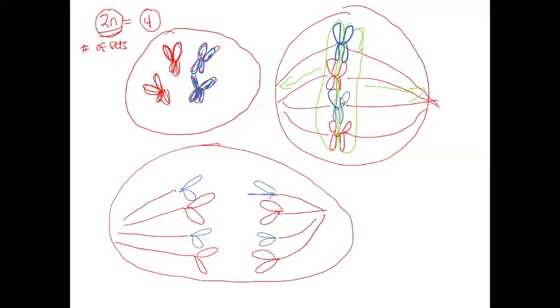Okay, so they will be pulled to their respective poles, and at this stage, these structures are now called single chromosomes. They are not chromatids. They are chromosomes already. And at the telophase, of course, after telophase in cytokinesis, it would result to